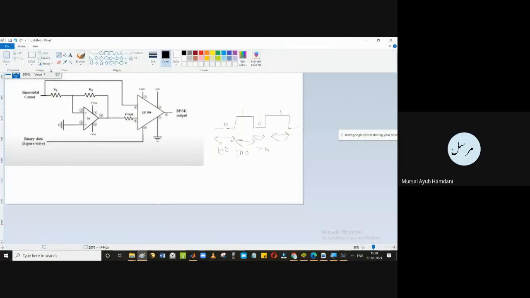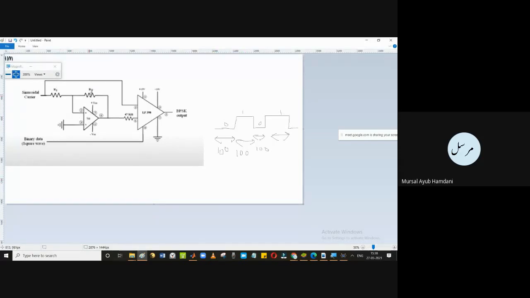In this picture you can see RF feedback, RF by R1 into V in, is equal to this pin number 6, the output. This is the V input, and this is RF feedback.